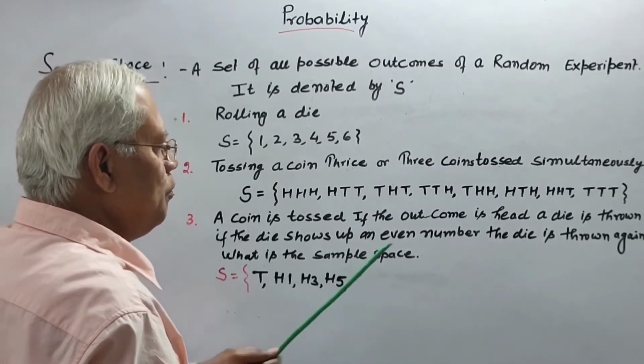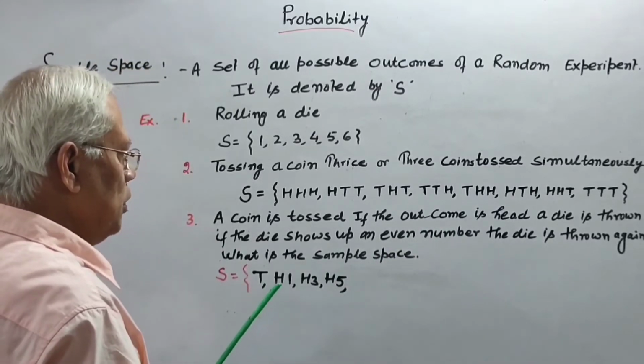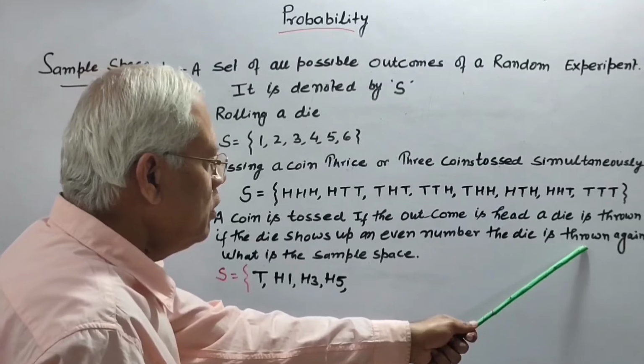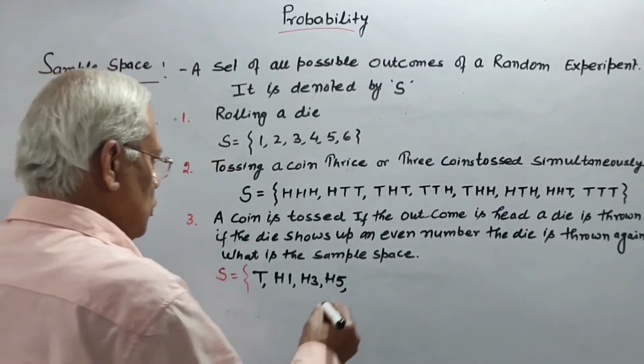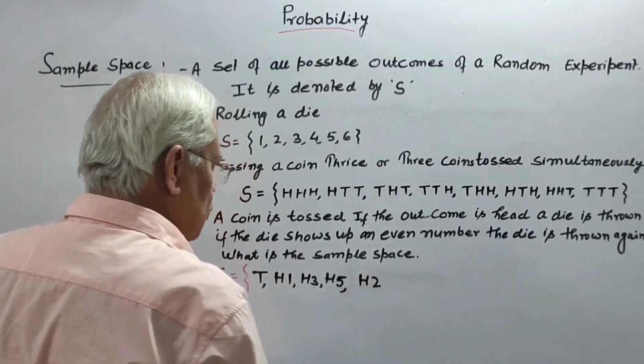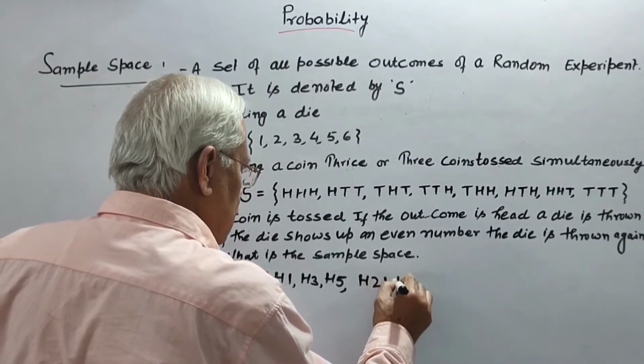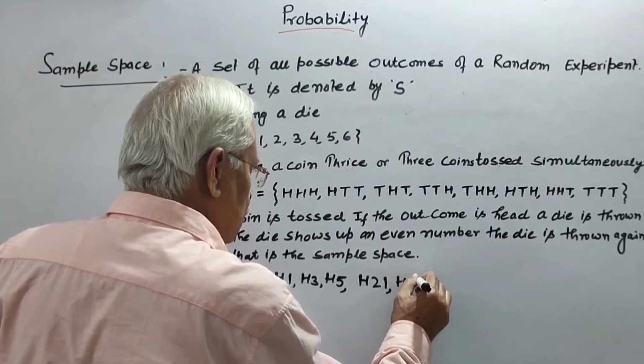But if die shows up even number, a die is thrown again. So suppose even number is 2. For this, die is thrown again. So H21, H22,